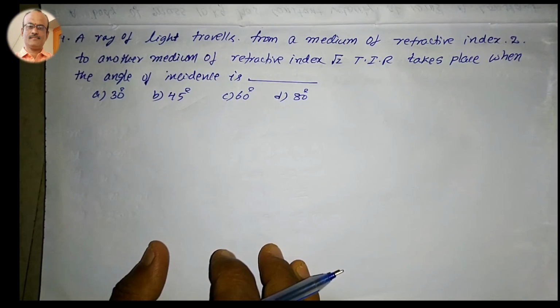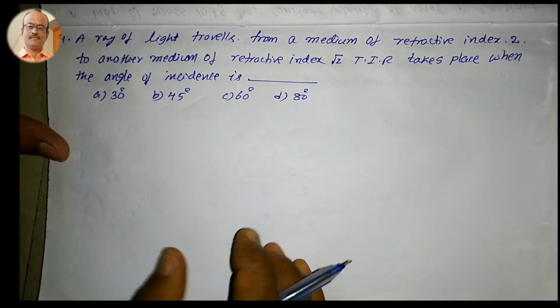So first of all, what is total internal reflection? If the angle of incidence is greater than the critical angle, total internal reflection occurs, and total internal reflection occurs only when the light ray travels from denser medium to rarer medium. So first of all,